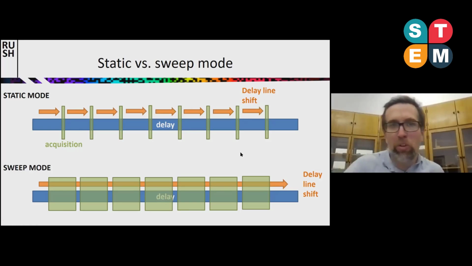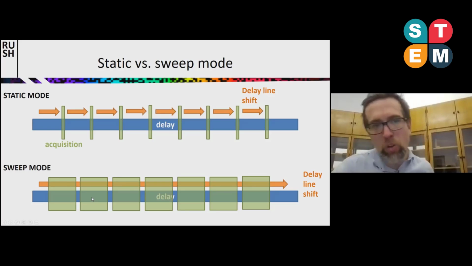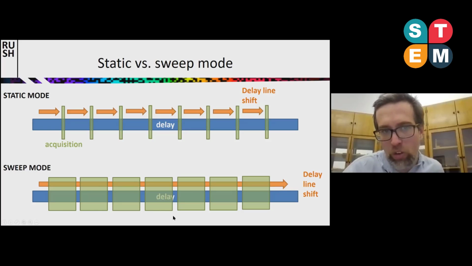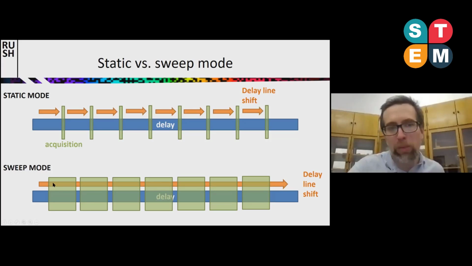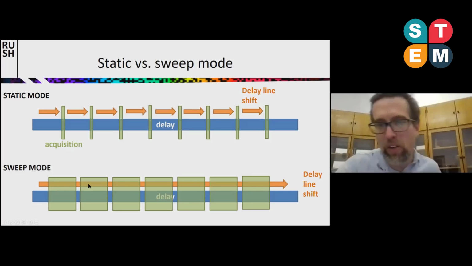So instead, if you want to speed up your measurement, it makes much more sense to use something called sweep mode. In sweep mode, you continuously change the delay between the two pulses, like this. And instead of stopping the delay line, you do the measurement in between. And of course, as in the previous case, you get some error level, some jitter, because the delay line cannot go with an ideally constant velocity. The speed can be slightly faster here, then the controller will slow it down here, etc.